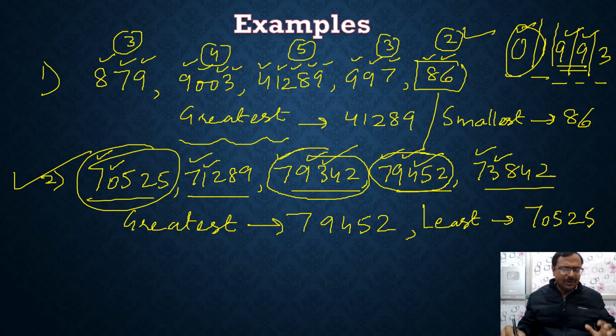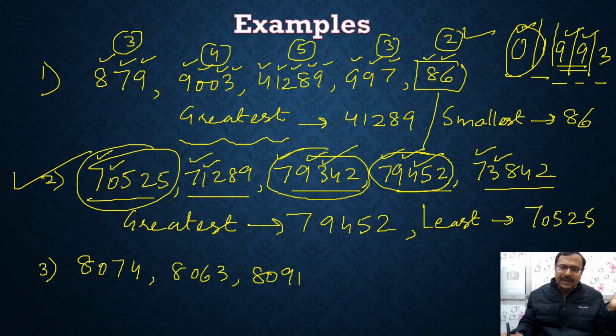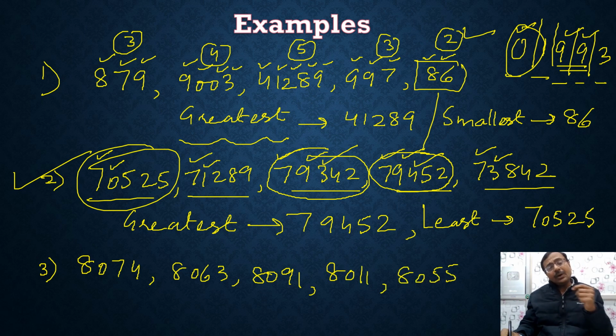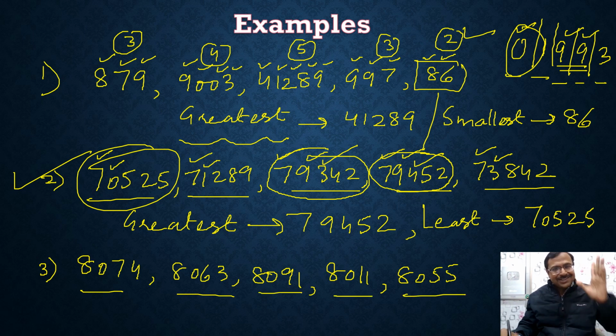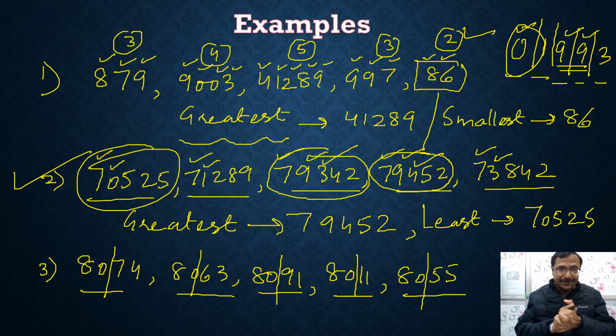But there are multiple types of questions which they will ask you. Like suppose you have 8074, 8063, 8091, and then let's take 8011, 8055. Now immediately on watching this, you don't need to follow any method for this, right? Because you know that there are 4 digits in every number. You can't distinguish them on the basis of the number of digits. There is 80, 80, 80, 80, 80 in all five numbers. So you can't distinguish them on the basis of the first two digits,